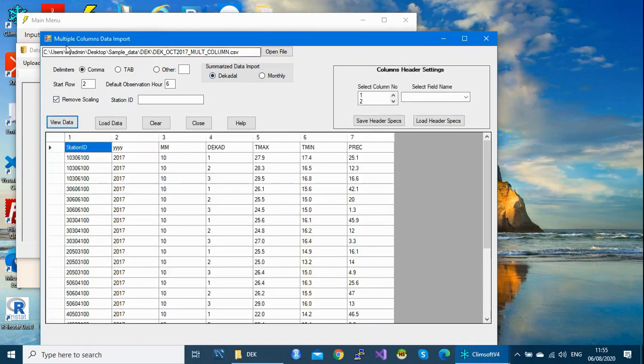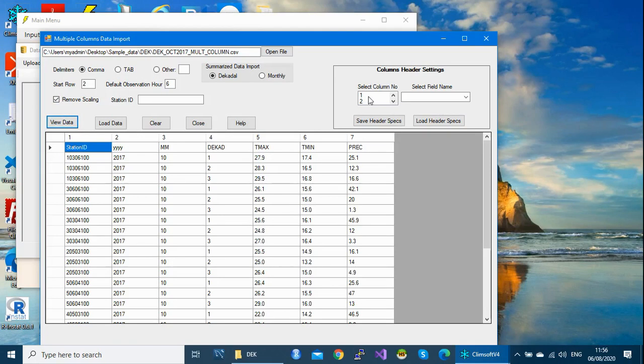As you can see, this is the dialog for multiple columns, and we have our elements in multiple columns. So this is maximum column, minimum column, and precipitation column. So remember always to remove the decimals. Tick this option because our data will go into the observation initial without decimals. The next step here is to match our column headers.